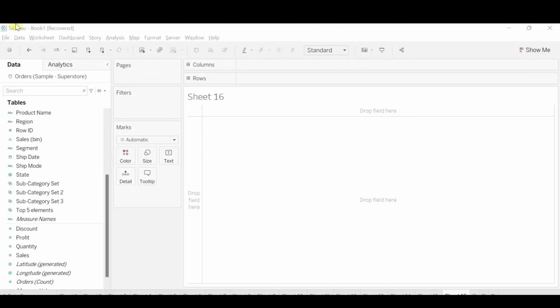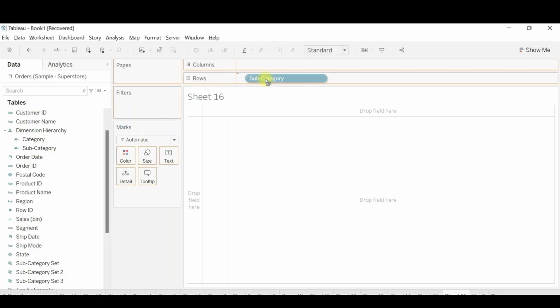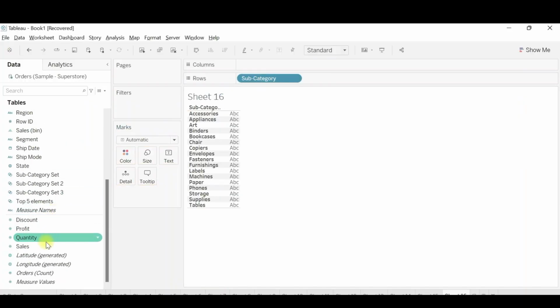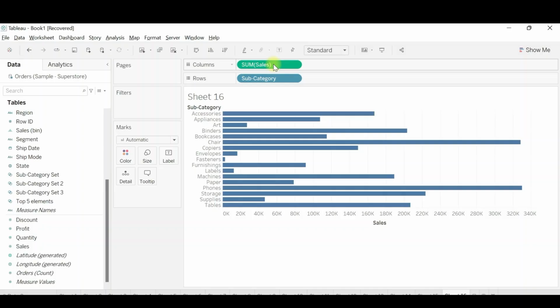Now in Tableau Desktop, I have opened a new sheet and let's drag and drop some of the data elements into columns and rows and create a visual to start with adding a filter. Let's say I want to drag and drop subcategory to the rows, and let's say I want to add sales to the columns.